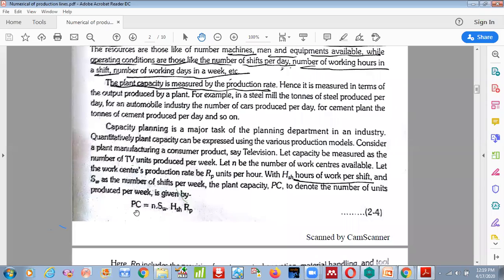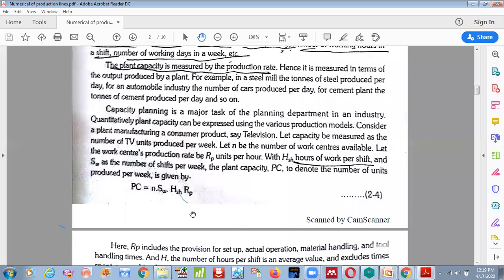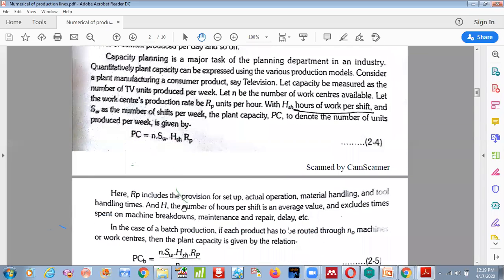I repeat once again, PC is the plant capacity, which is given by N × SW × HSH × RP. RP is the production rate. N is the number of work centers available. SW is the number of shifts per week available. HSH is the hours of work per shift available. RP is, as we have already discussed, the average production rate,